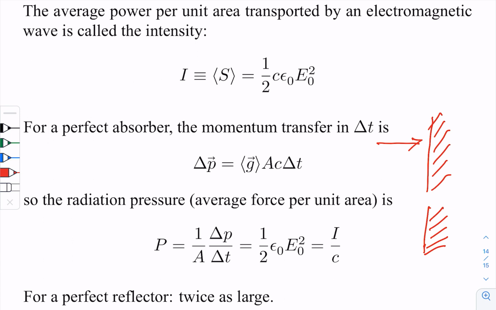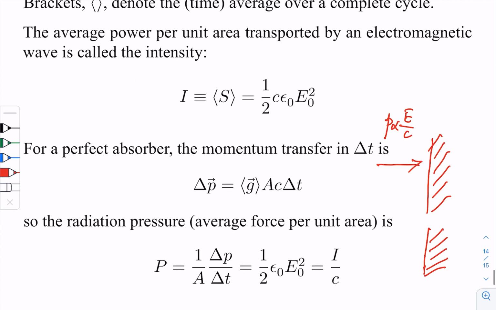So for this type of perfect absorber, you can imagine that the momentum of this photon, which has a p, which, remember, is proportional to E over c, is being transferred to the observer,